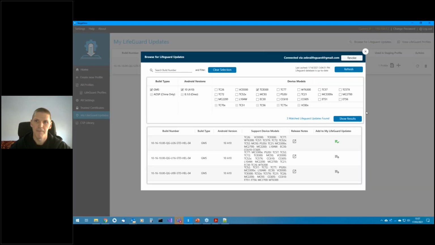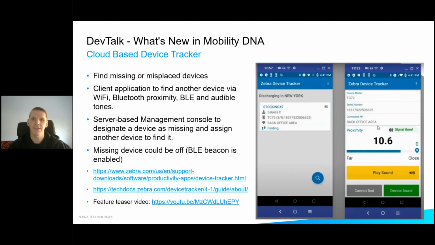Another long question. With Device Tracker, can you set a device to lost and then have all of the other devices search for it in the background while they are used for other purposes, or does Device Tracker need to be in the foreground on the device used for finding? Device Tracker is designed to work